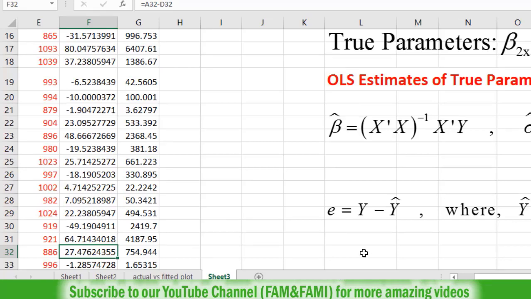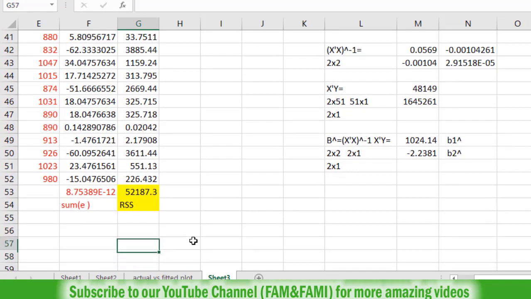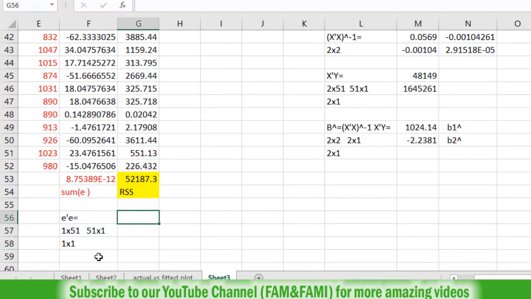So how can it be done here in Excel? I'm going to do it here. The dimension or order of this E is 51 rows, 1 column. And now look at the first vector. It is E transpose, its dimension will be 1 cross 51, and then E, which is 51 cross 1. So when you multiply these two vectors, the middle 51 will get cancelled. So the final answer is 1 cross 1. It means you need to highlight 1 row and 1 column. Currently I am in column G, row number 56. So G56 is the highlighted cell.